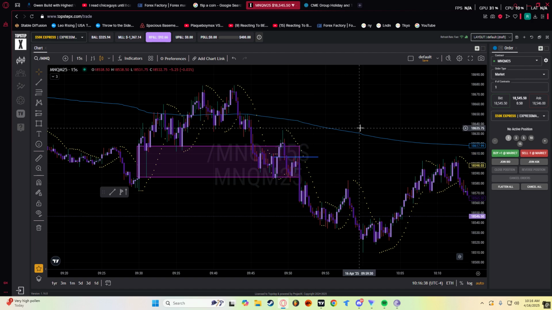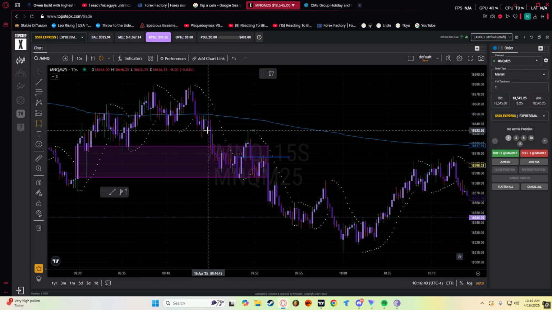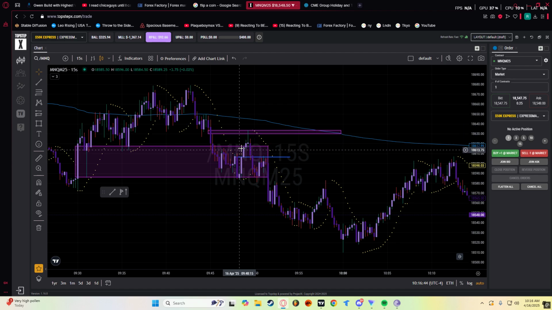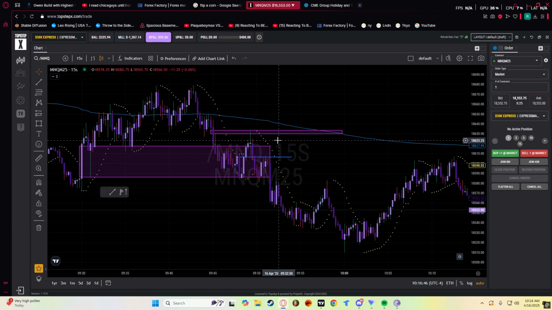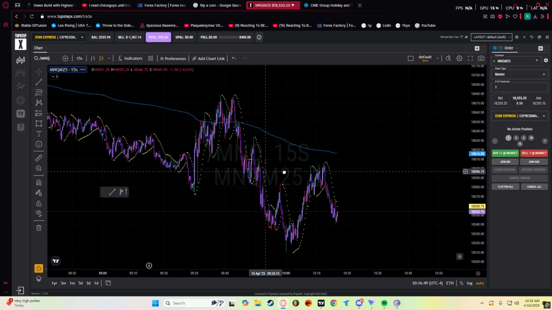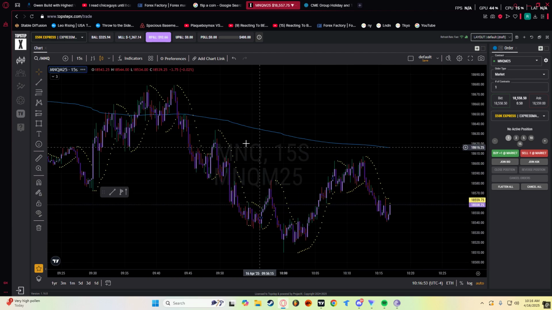I believe I closed the trade early because the reaction off this imbalance was really bad. We wick into it, and then we immediately inverse here. I believe that's when I closed the trade, even though that's not a part of my rules, but it saved me this time, I guess.